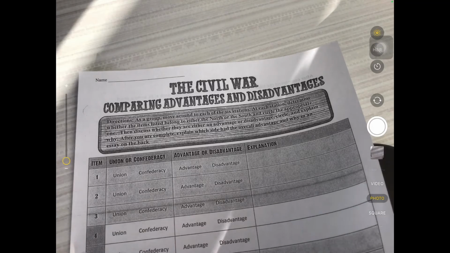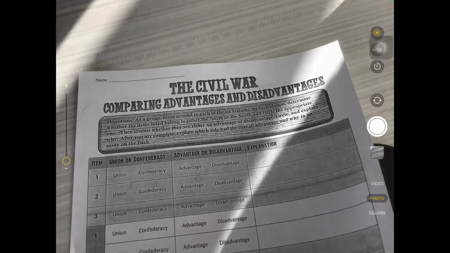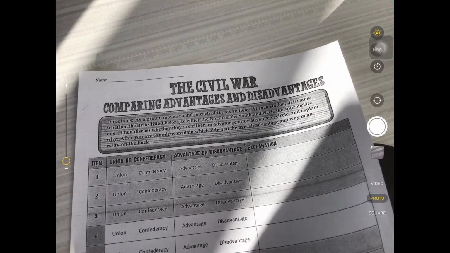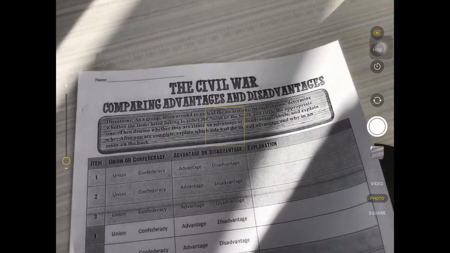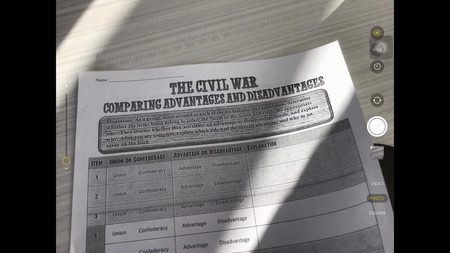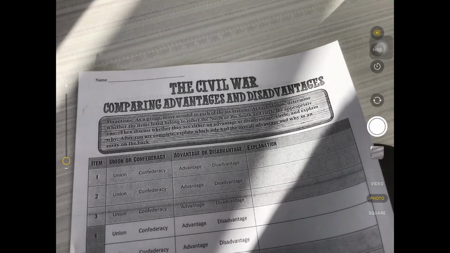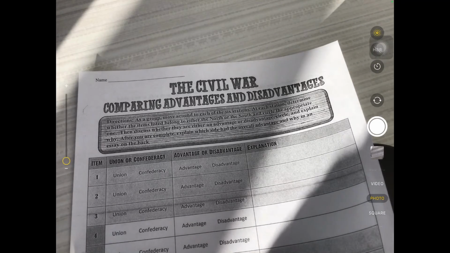For the rest of class, you're going to be comparing the advantages and disadvantages of both sides during the Civil War. Now, there's two options for how you can do this. Around the room, all of the stations have been posted that have the different questions for you to answer, but these have also been posted on Google Classroom for you to use as well. So you can either get up, move around the room, or stay in your seat to analyze these distinct advantages